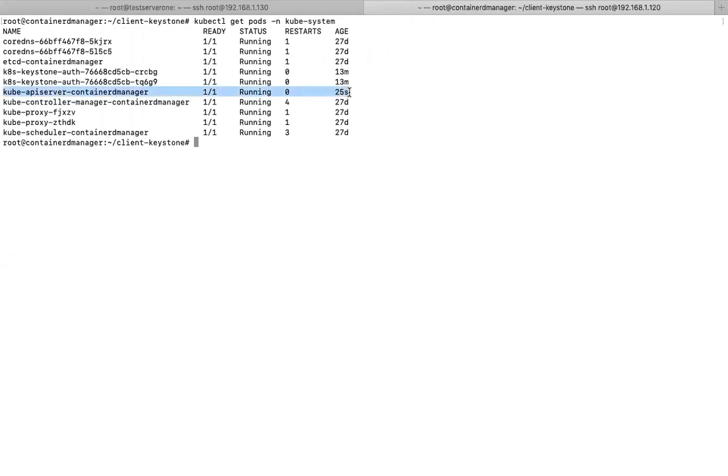You can see 25 seconds, which means that it was just created. Other pods you can see 27 days, 31 minutes, 31 minutes. This is the keystone auth, which we have created today, 13 minutes ago. Now we can see 25 seconds, which means that it is just created. The old pod got deleted, and the new pod was created with the new changes which you have done in the manifest file.